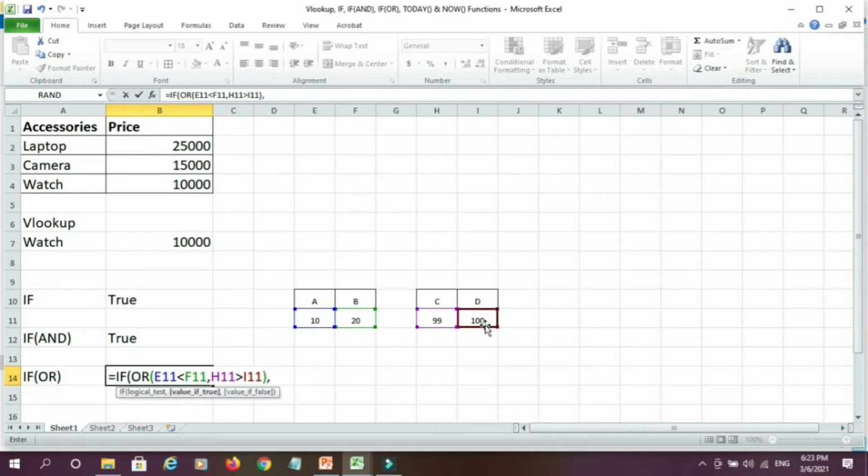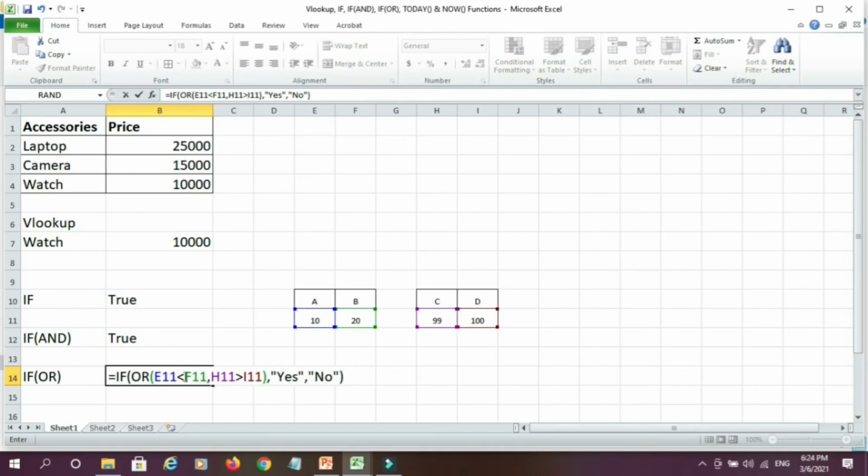Then again, if this condition is satisfied, return me true, or let's write yes. And if this condition is false, return me no. Bracket close.